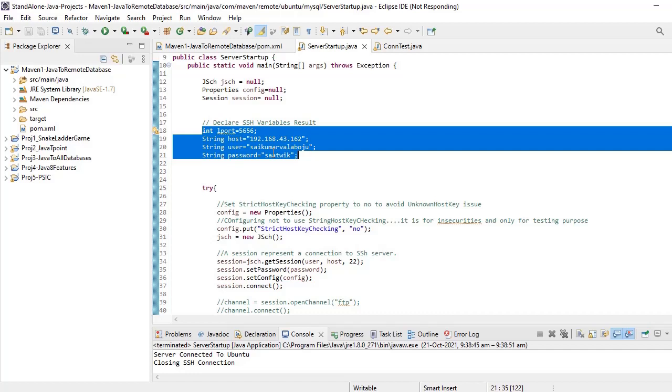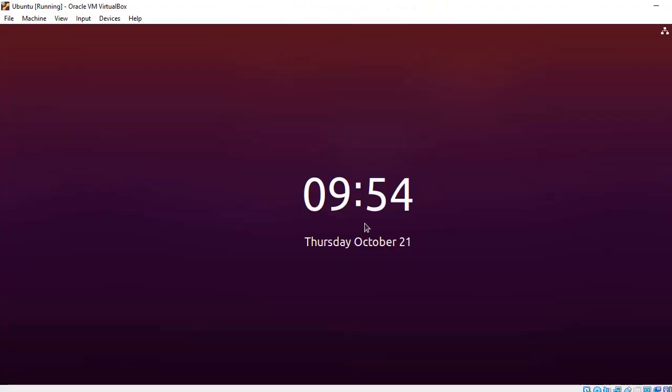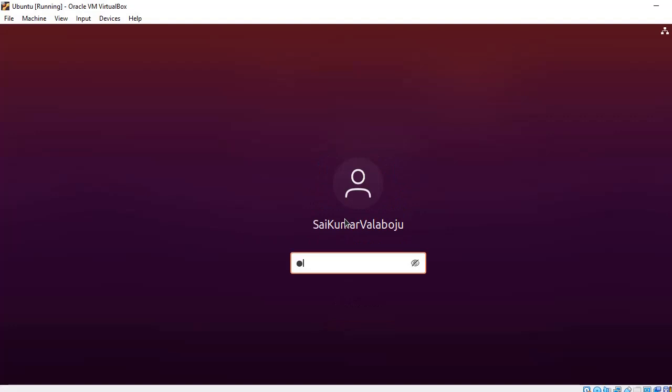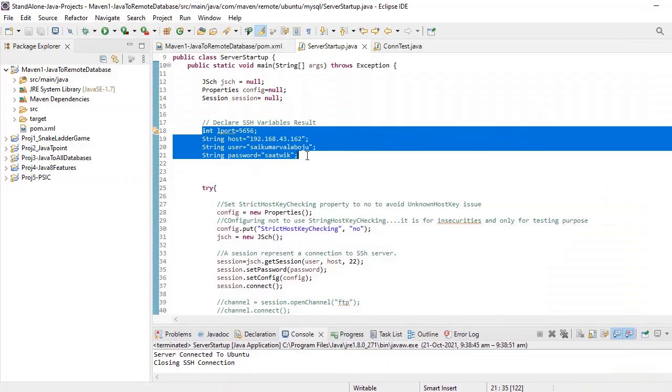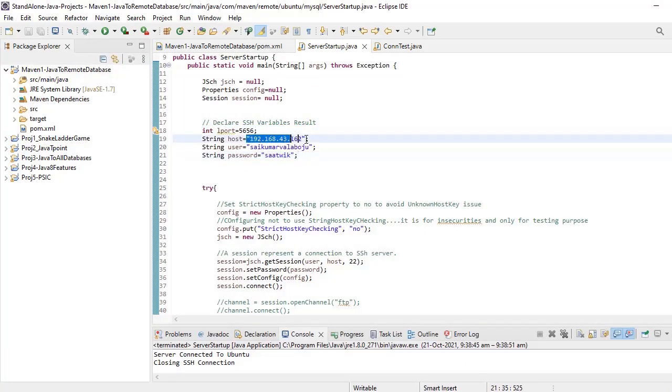You can find that by using the IP command. So host means the Ubuntu operating system IP address. User means my Ubuntu username. Password is the Ubuntu password. Okay.